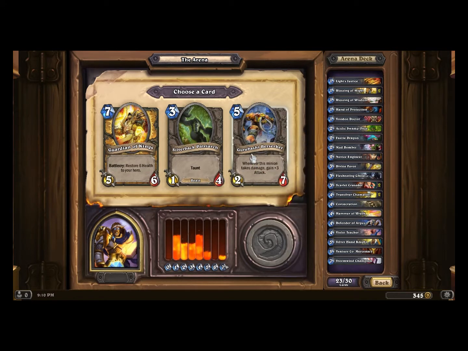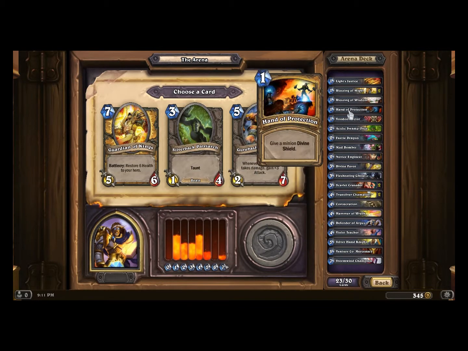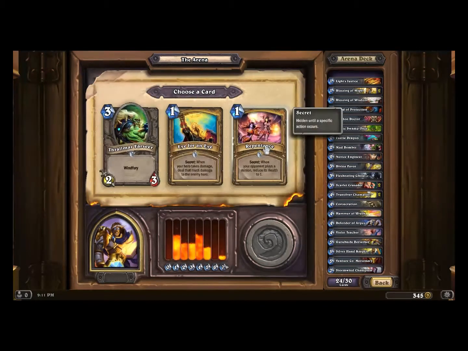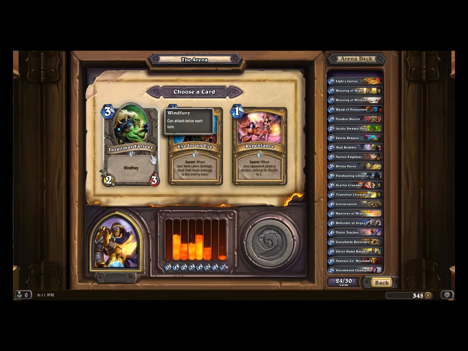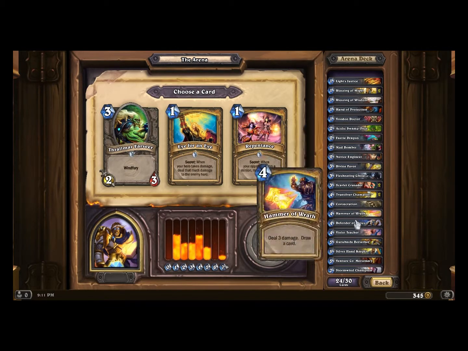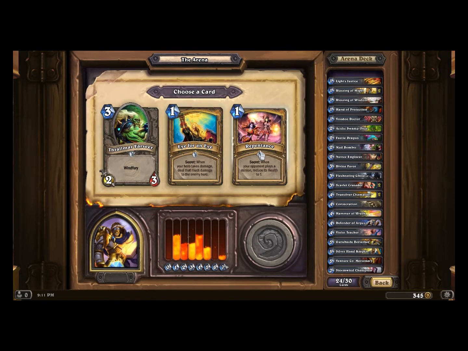I already have a good number of 3s though. So I think I'm gonna go with this, because then we can heal it with the Voodoo Doctor. There we go. We'll make that work. This becomes a monster if you give it Blessing of Might, which we had 2 of, yes. And I don't like either of those 2 secrets, so...